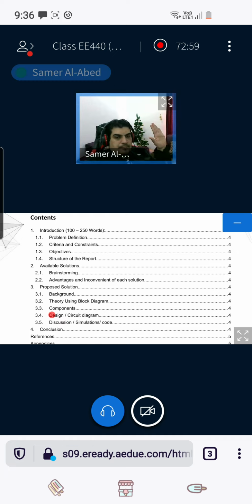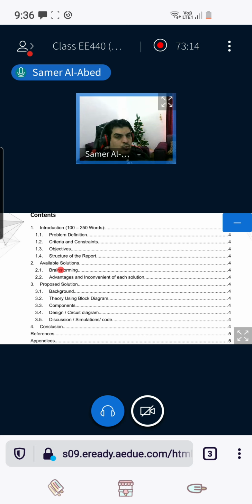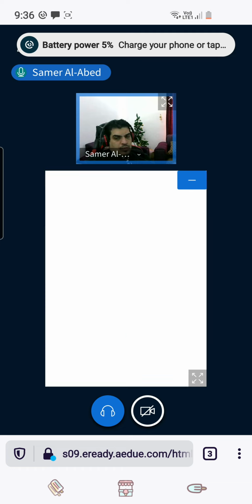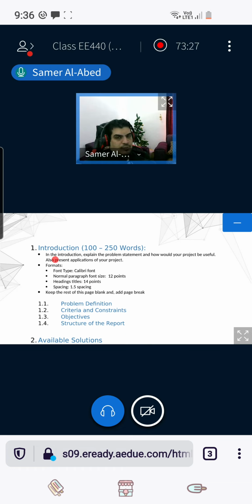Is it clear? Okay, very nice. So the structure of the report is writing the table of contents in a paragraph. Then in any pieces, you are going to see structure of the report. Those who have GB1 and GB2, they will see structure of the report as well in GB1 and GB2. Okay, let's continue. Now, introduction.